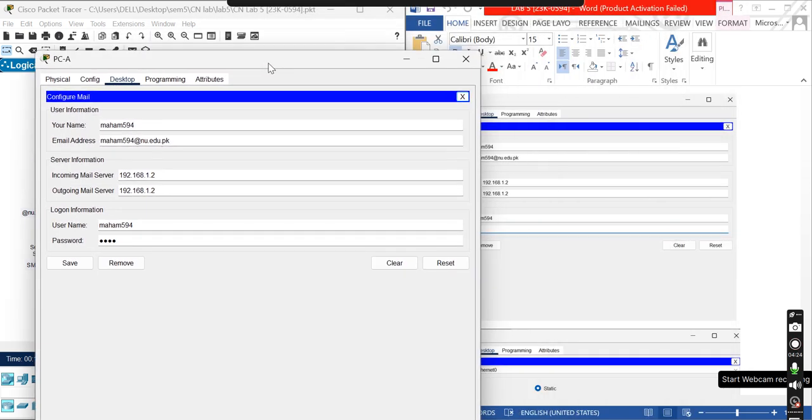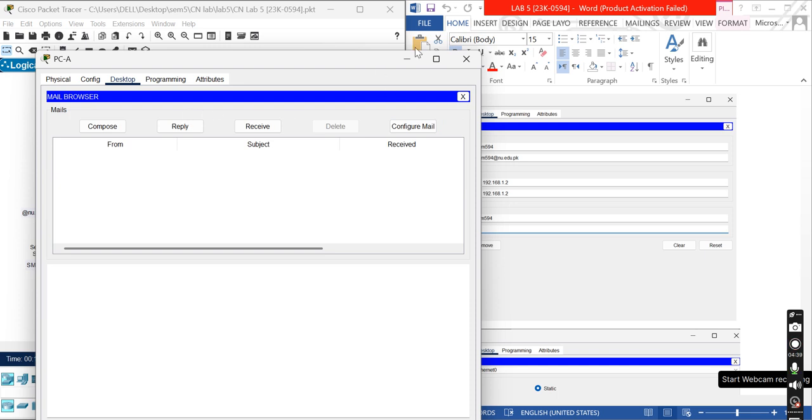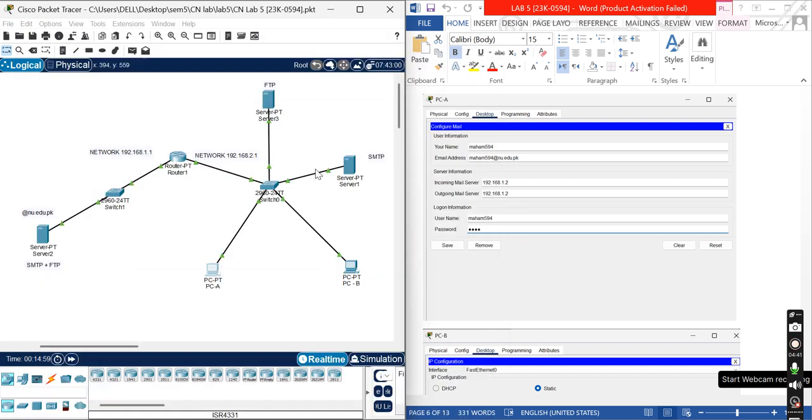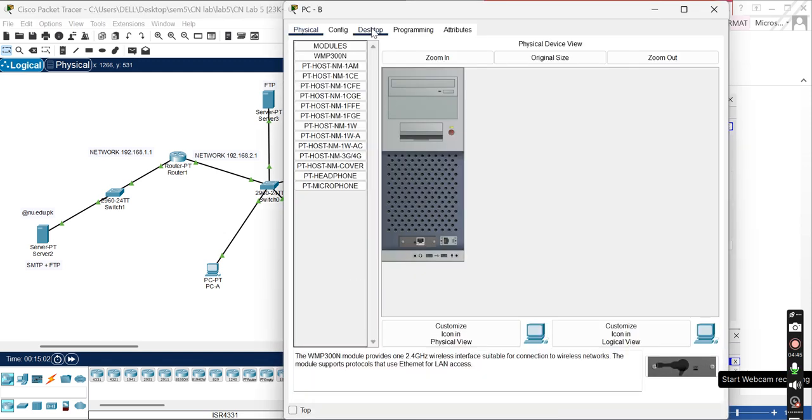So here I have set up my name as maham594@nu.edu.pk, assigned it the incoming and outgoing server. The username and password is the same as we set up in the server, and then we saved it, and I'll show you guys. I have done the similar thing for PCB here.